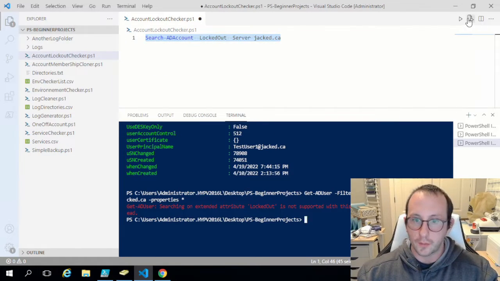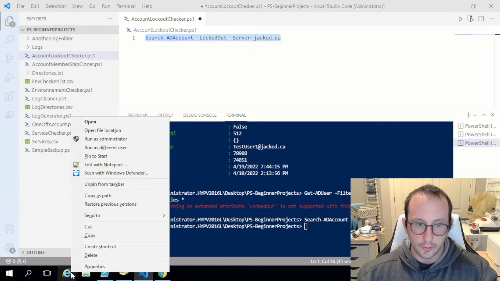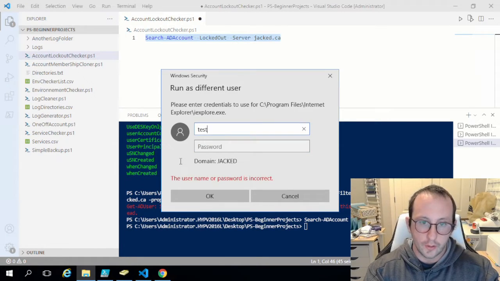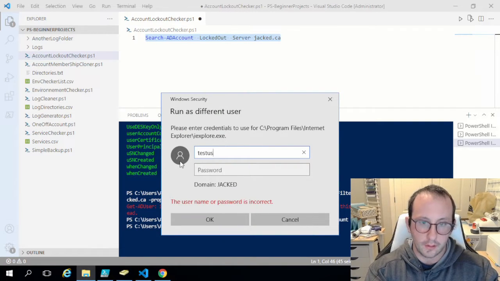If we run this right now, we won't get any users because I don't have any locked out users right now. So we are just going to start Internet Explorer as a different user, and we're going to do our test user 1. We are just going to launch a bunch of bad passwords here